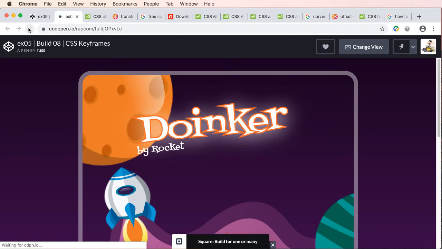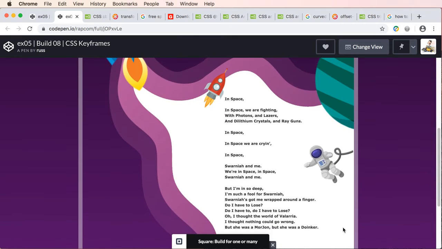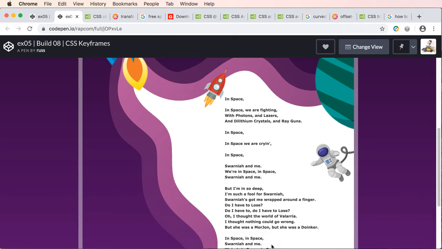So I'll update the page, and you'll see that our astronaut, if you watch really closely, is making this diamond shape. Okay, so we're not really getting perfect curves. This is still sort of a rectilinear path. So to get more of a curved path, you would need more points, okay, more keyframes or steps. So if we go back